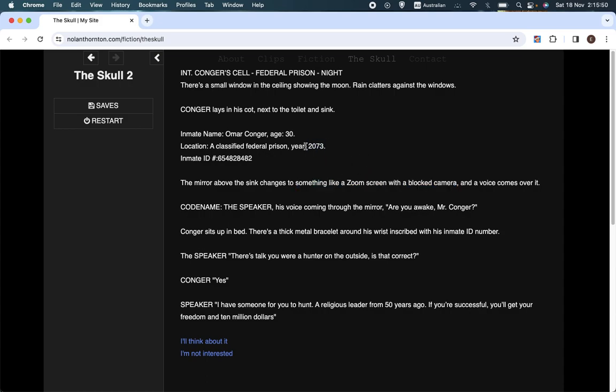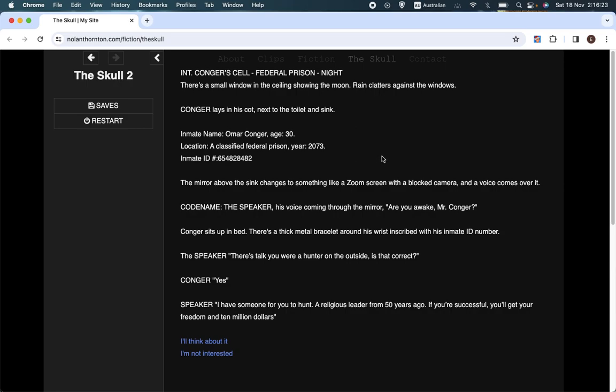Now, of course, you can't really write like 2073, because no one knows what that's going to be. And also, if you did it, it would be impenetrable to us, because it would probably make reference to some software that's entirely familiar to those people, but means absolutely nothing to us. So you can't really do that, but you can avoid modernisms. You can avoid saying it's like a Zoom screen.